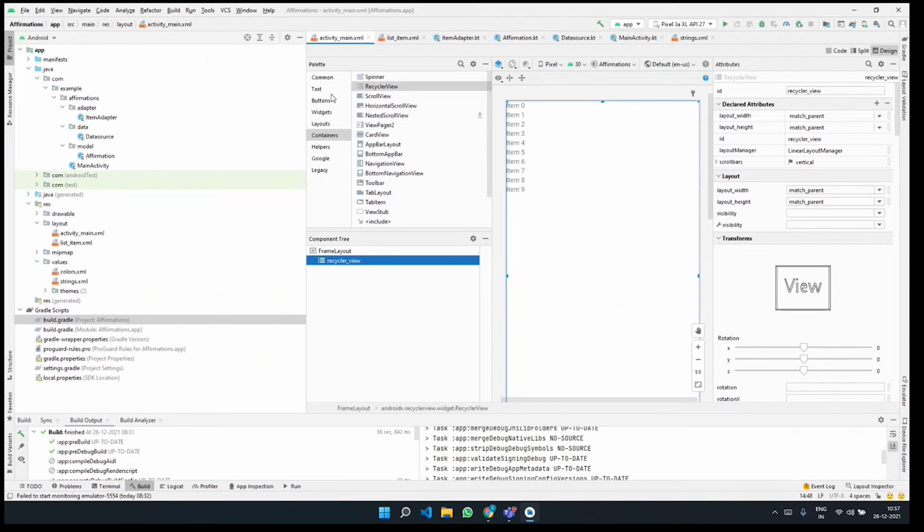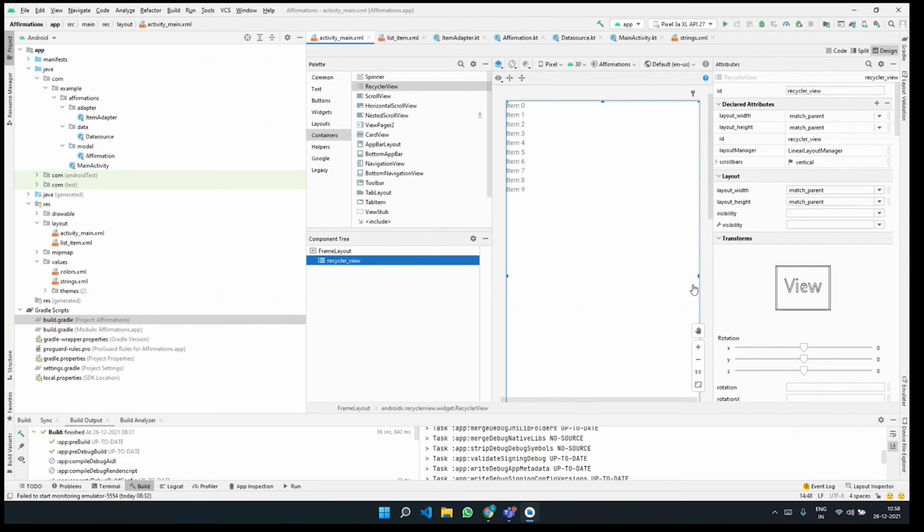If you try to bring in a button or a text view, etc., we saw some of the very important parameters associated with it, like ID, layout width, layout height, layout manager, scroll bars. So match parent is basically going to match the parent layout, which means that it is going to occupy the entire space of your Android device.